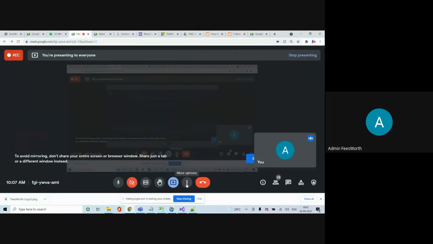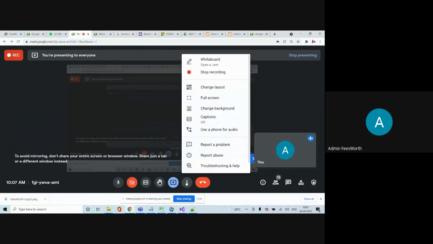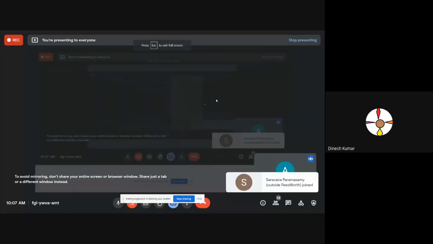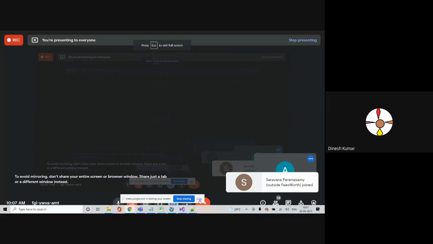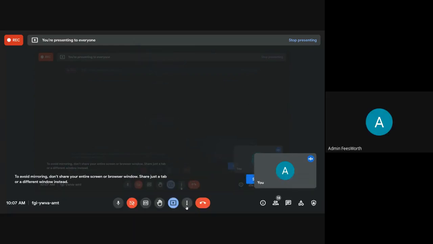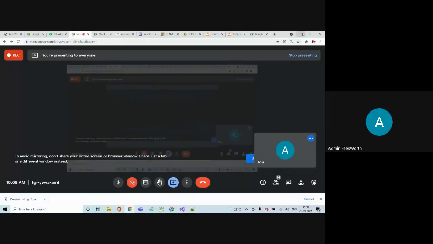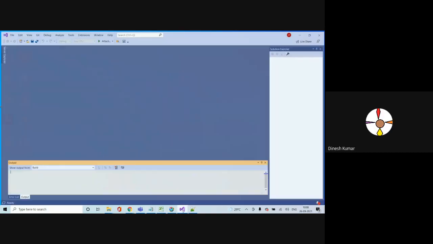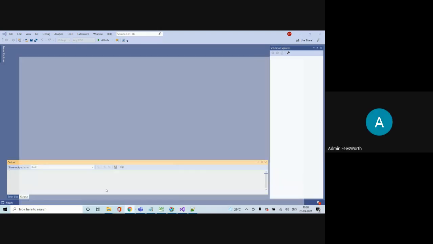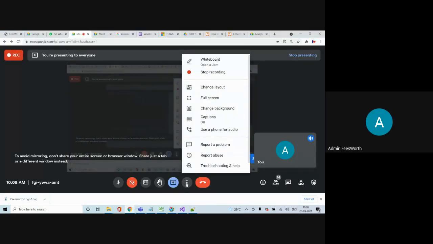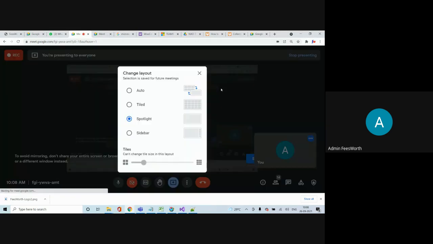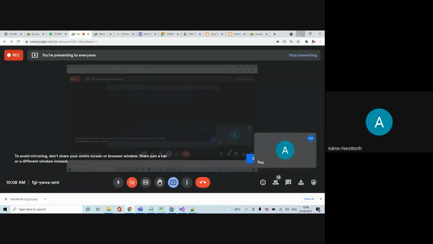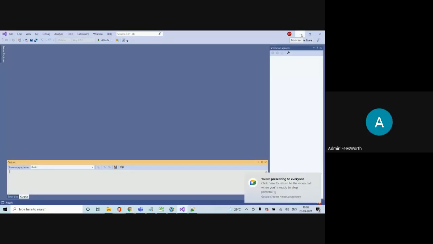The right side is occupied with the members who have joined, so click the three dots again, change layout, and click spotlight. Okay, got it. Thank you.